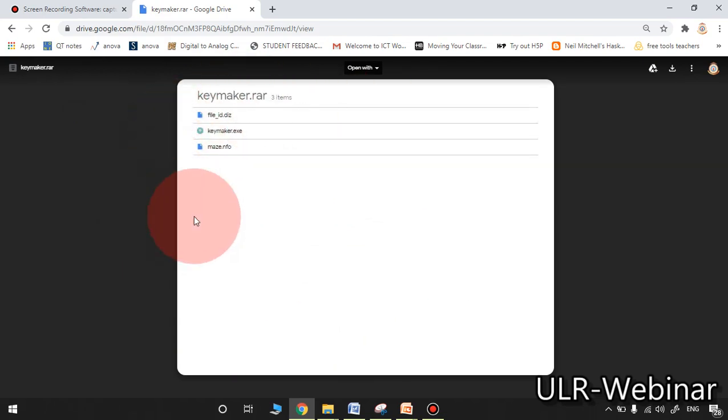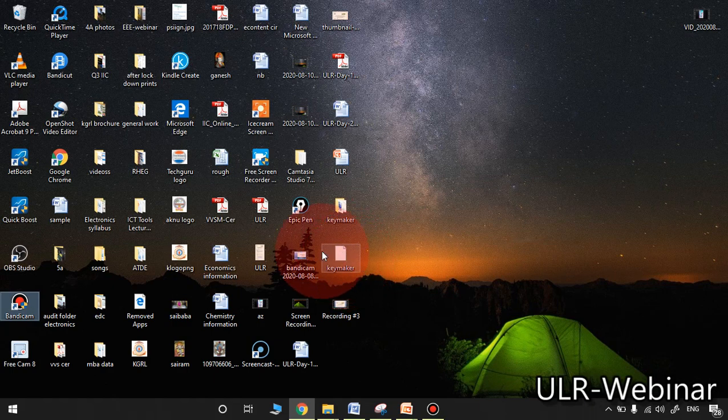This particular menu you will observe, this is a RAR file. Please observe here, the download arrow symbol is there. Please click it. That will be downloaded to your PC like this. Please observe, this is a RAR file. By using WinZip software or WinRAR software, you need to extract.